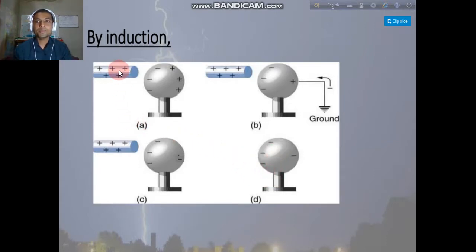I repeat again, when a positively charged rod is brought near to a neutral object, it attracts the negative charge towards the positive rod and repels the positive charge to the far side. Now in figure B, if we connect a